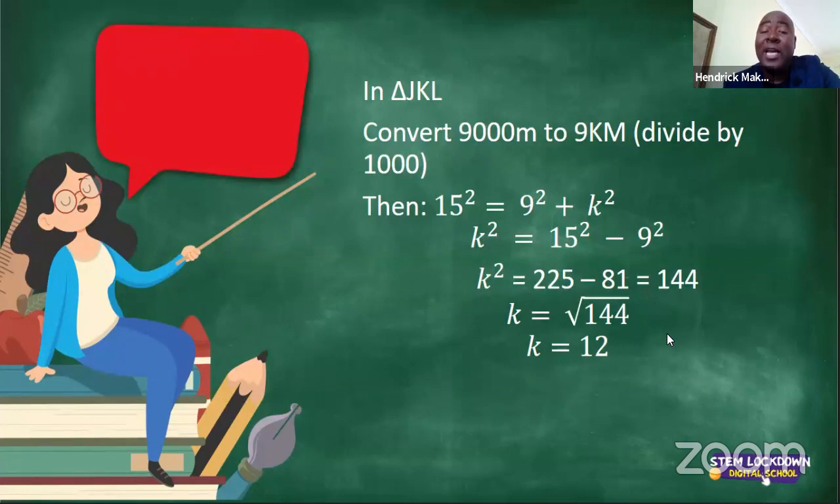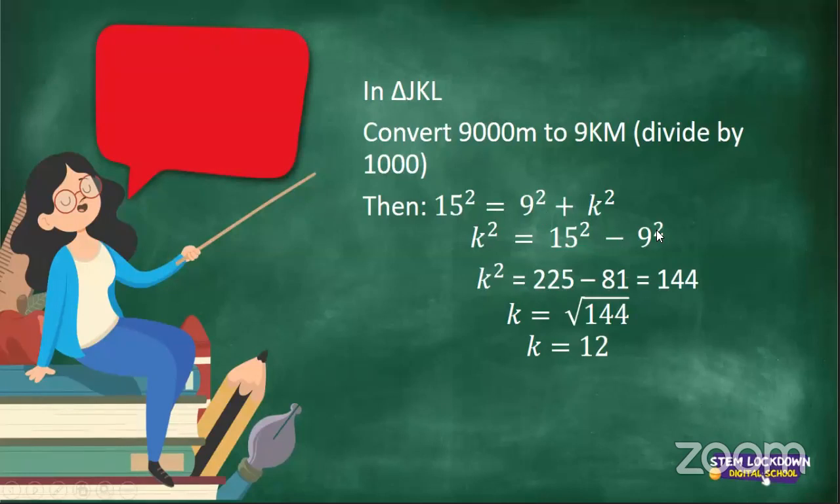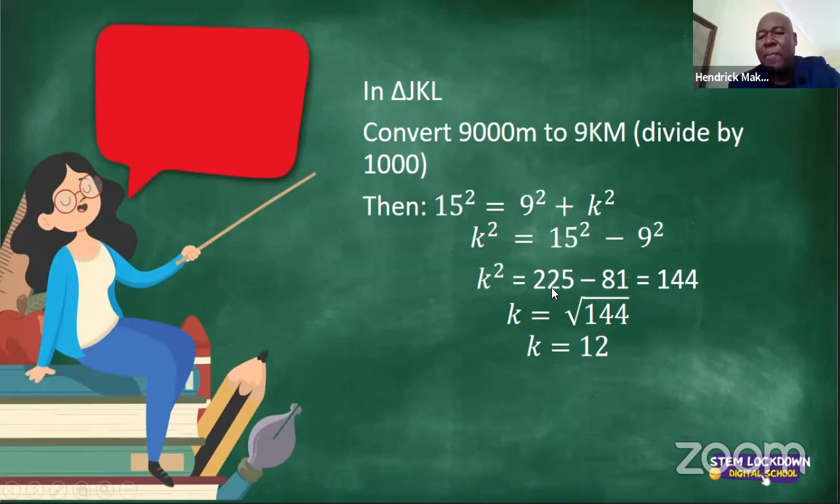The first point there is to convert your 9,000 meters. So once you convert the 9,000 meters to 9 kilometers, it means you have divided by 1,000. And of course, then 15 squared, as you said, is equal to 9 squared plus K squared. K squared is 15 squared minus 9 squared. And of course, this gives you 225 minus 81. And if you subtract 81 from 225, you will be left with